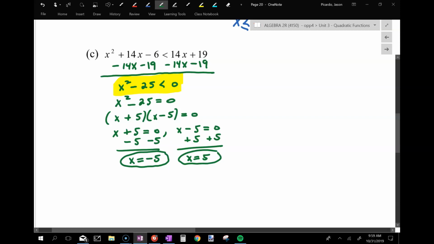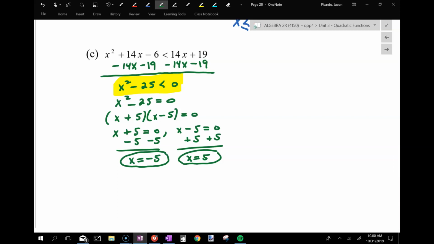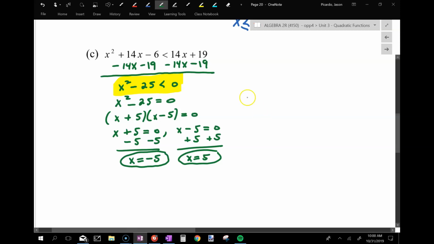And I have my two roots, right? All right, so again, I got my quadratic, I got my roots. I still have a happy parabola, right? So when I sketch this guy out,